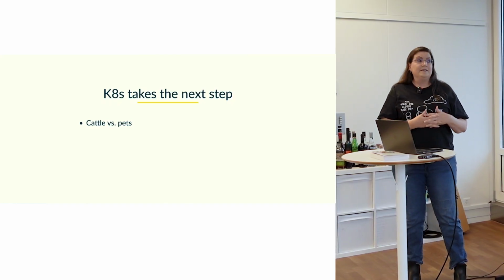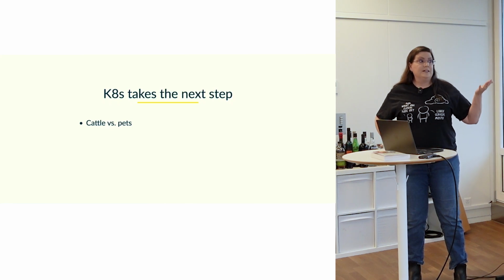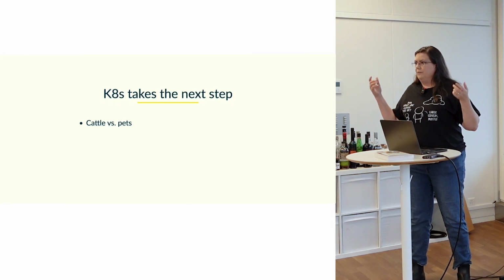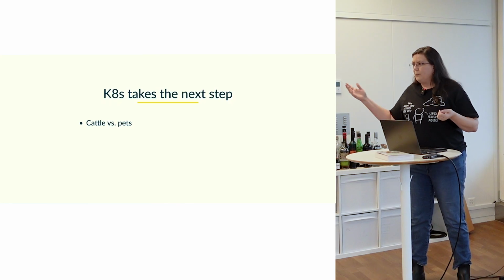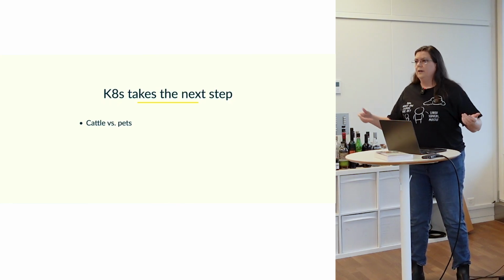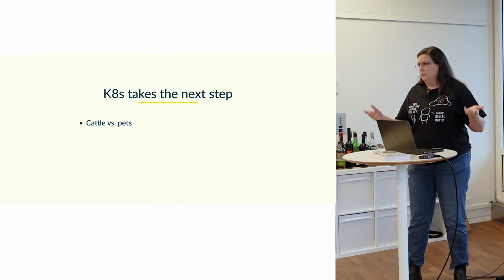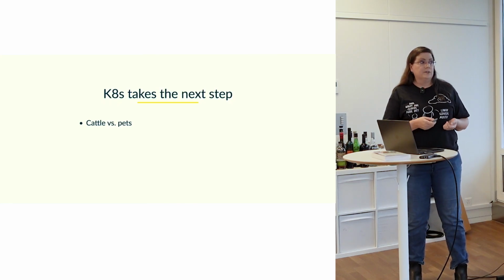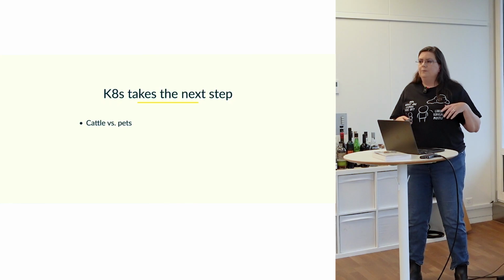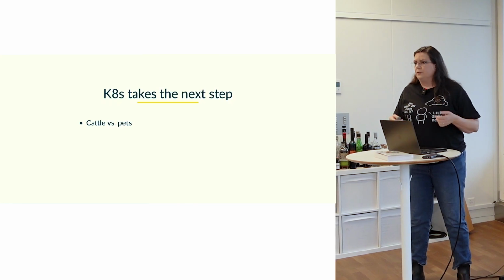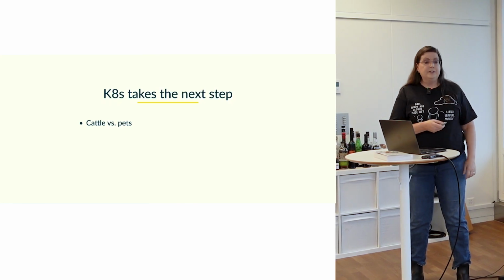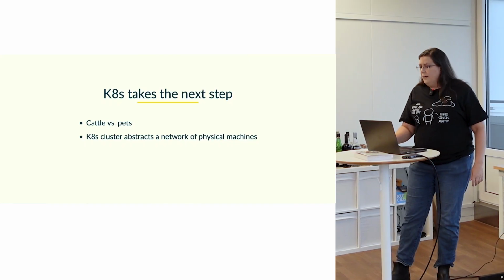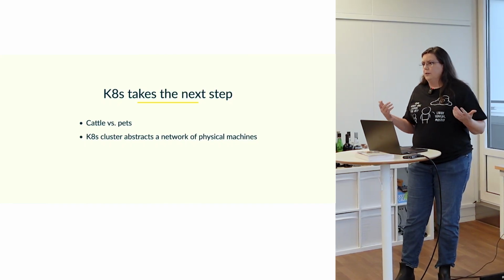And so then the idea of this metaphor is that instead of having each server be a pet, they should be more like cattle, so you can have a situation where you can swap one out, they're basically equivalent, it won't matter. This is, of course, why Rancher is called Rancher. And so the Kubernetes cluster really moves us in this direction of being able to swap things out very, very easily, because the Kubernetes cluster abstracts the network of physical machines.